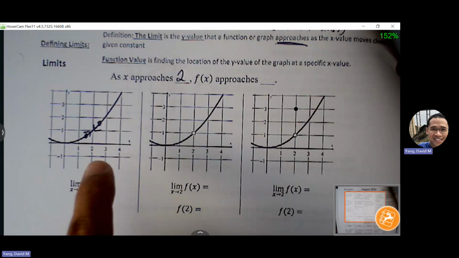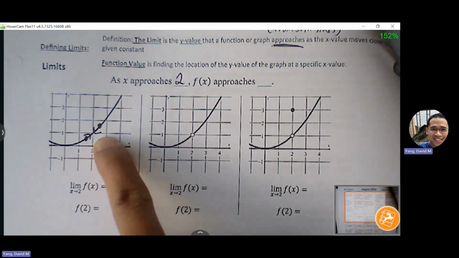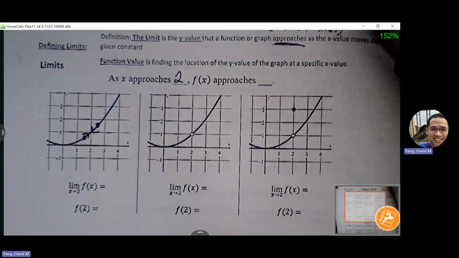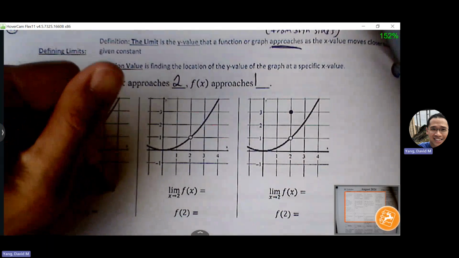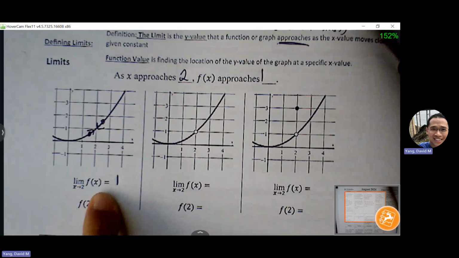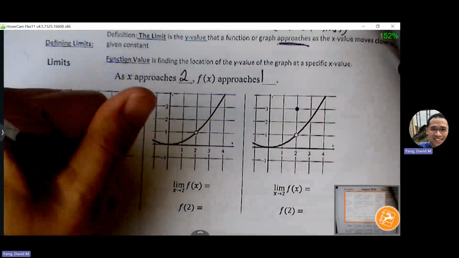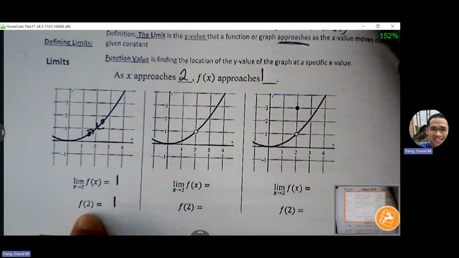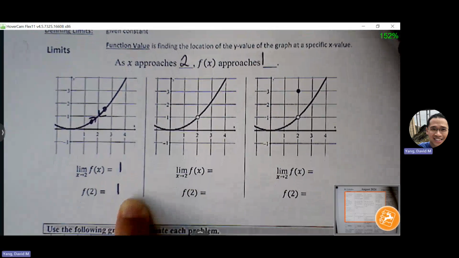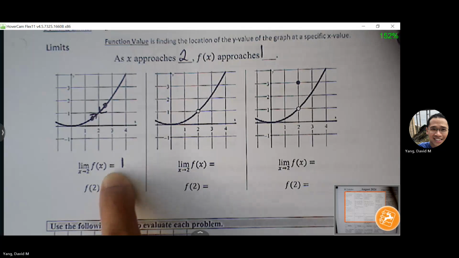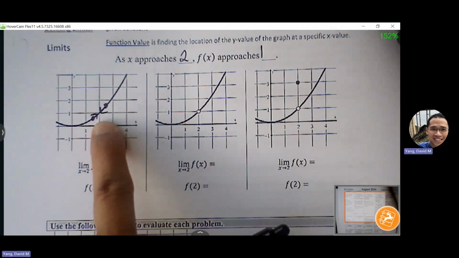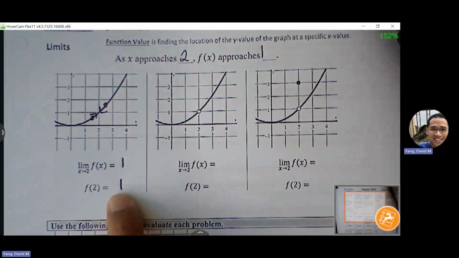And so the question is, are those 2 arrows headed towards the same y value? Yes, right. And they're both approaching what? Approaching 1, approaching y value 1. So therefore, the limit exists. Okay. Now, the ordered pair is also at 1. So right now, your limit and your ordered pair, they don't look like they're any different. Because the approach, the arrows are the same as if I just want to find the ordered pair.